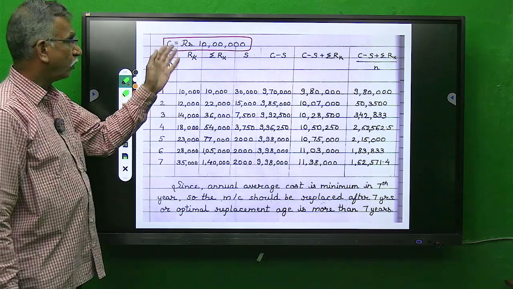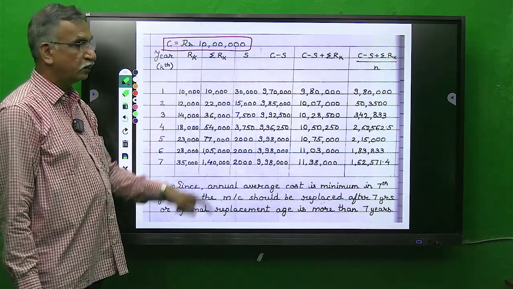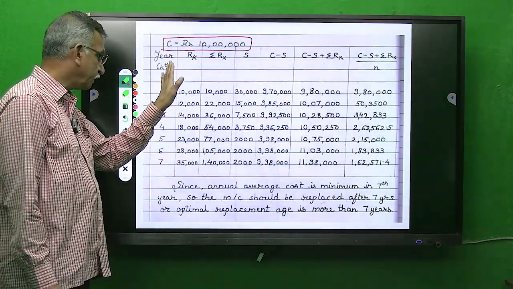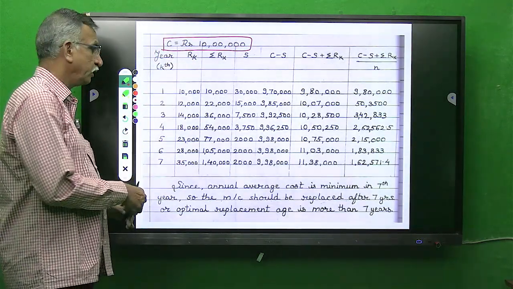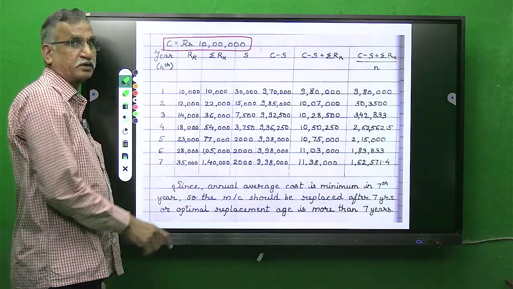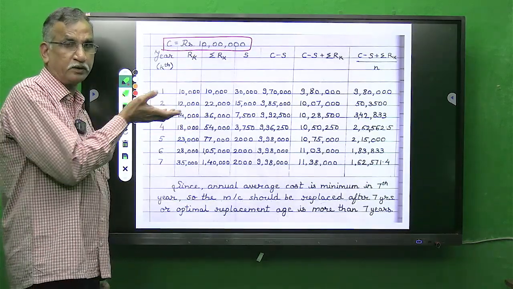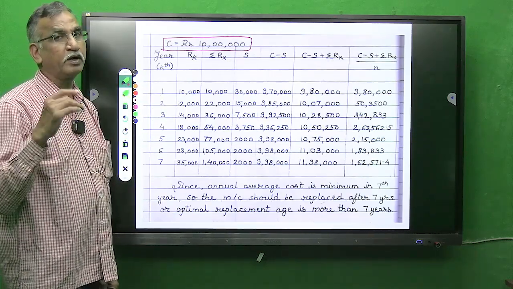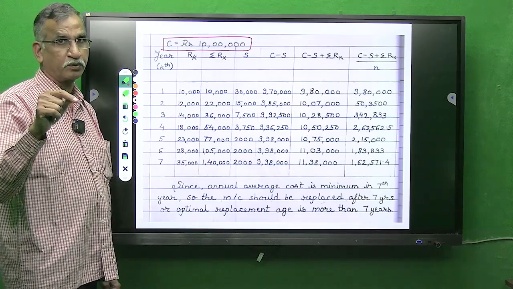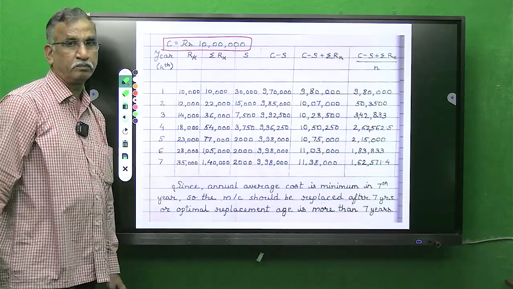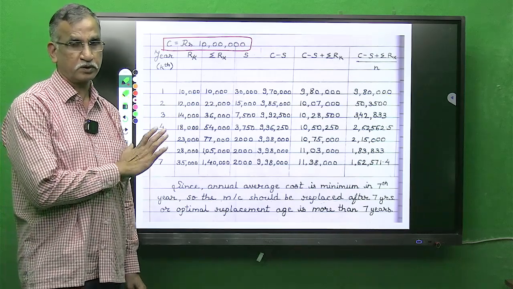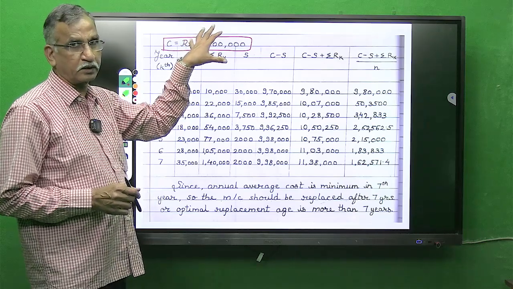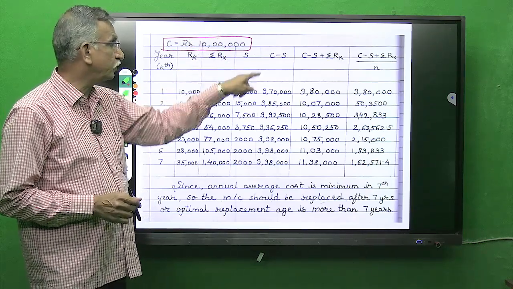Now to avoid repetition of writing C, what one can do? Write C in the top of the table. So every time you need not write in column of C as 10 lakhs, 10 lakhs. But keep in mind, why I have written in previous slide, because otherwise student miss the value of C, which is very important. And therefore I wrote a separate column to avoid mistake in previous slide. But if you are very sure that you will not miss that value of C, write it at top of the table, but do use this value in calculation.